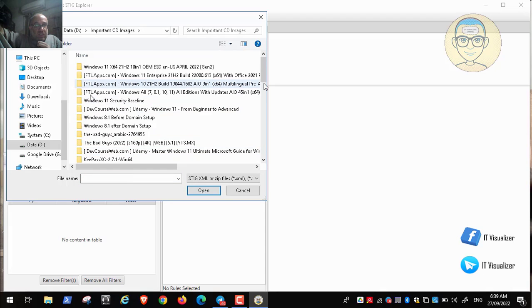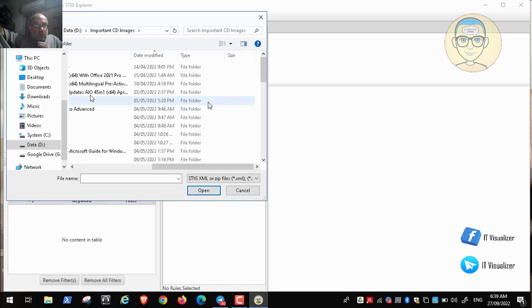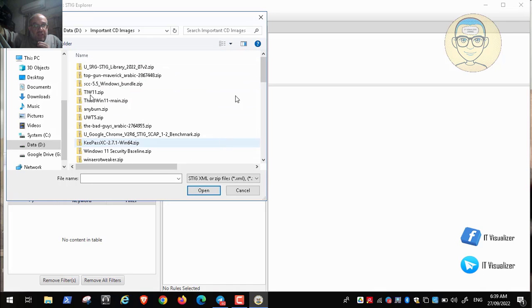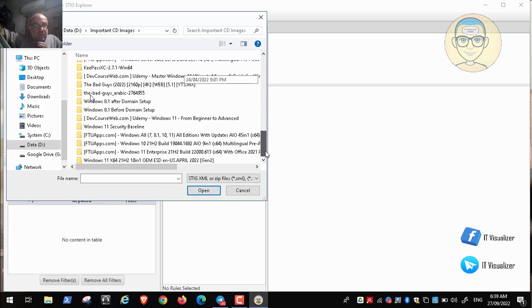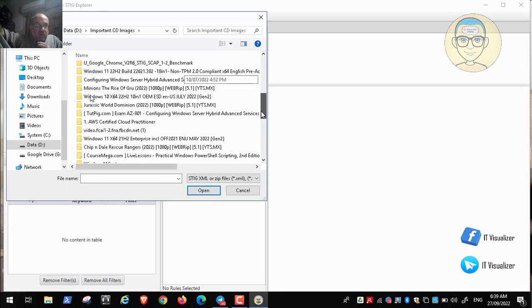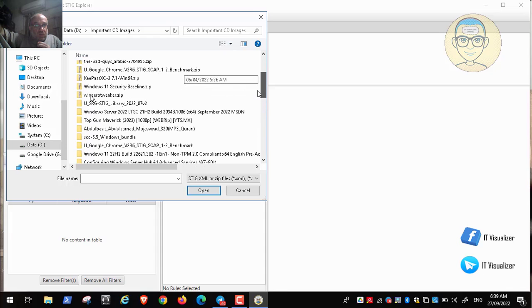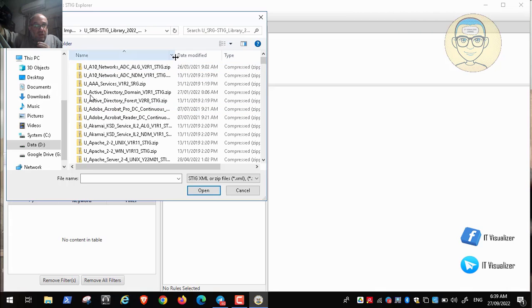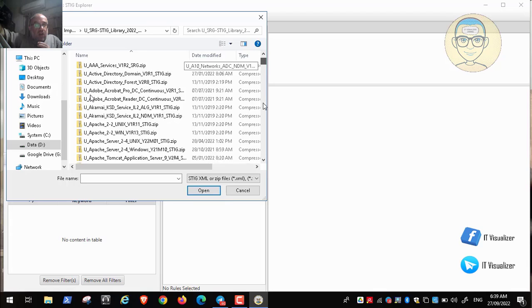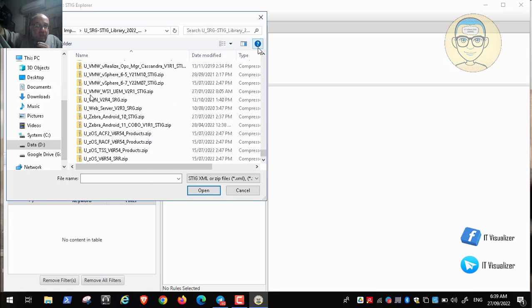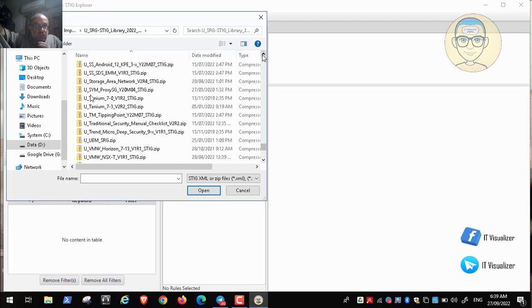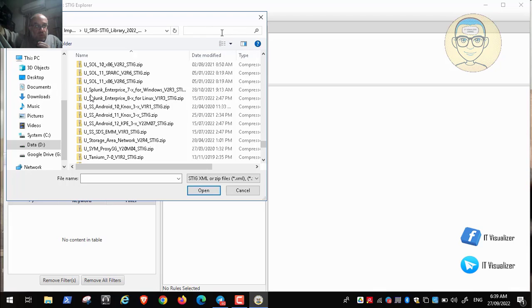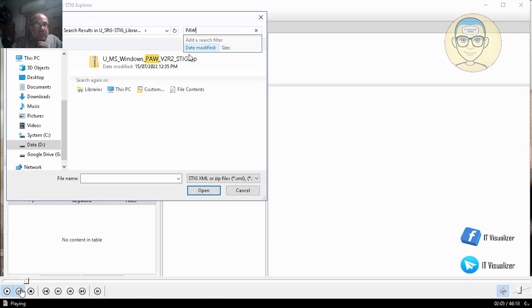It's an ISO CD images folder, and then we need to tell it to arrange by date modified so we can get the recent file downloads. Here we can go to STIG version 7, and then there are a lot of recommendations. You can see here a lot of recommendations for a lot of programs and operating systems. So I don't know the name, so I will tell it to search by PAW, so I tell it to search through the files by PAW, and here we can see this is the recommendation: